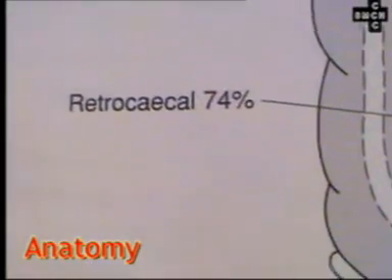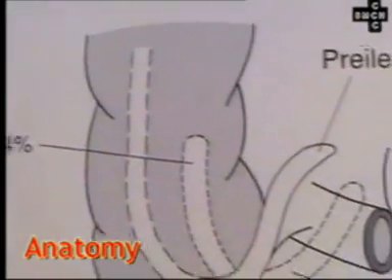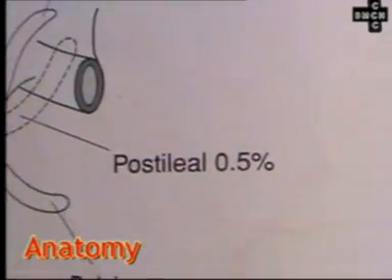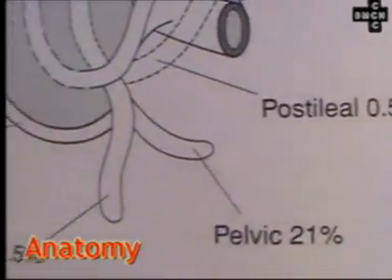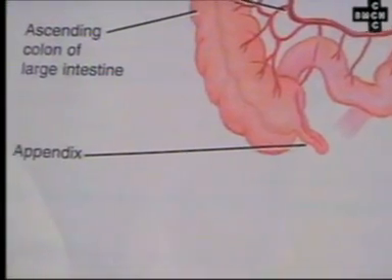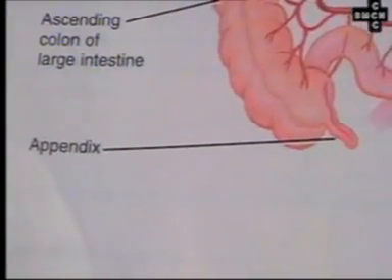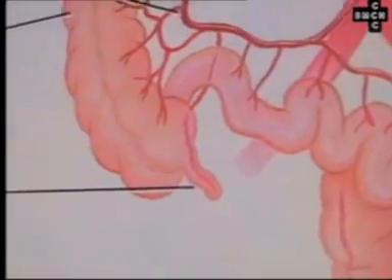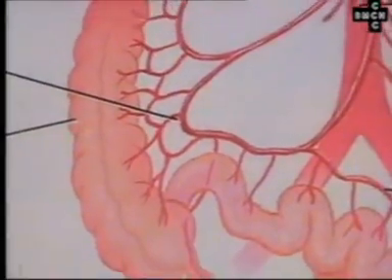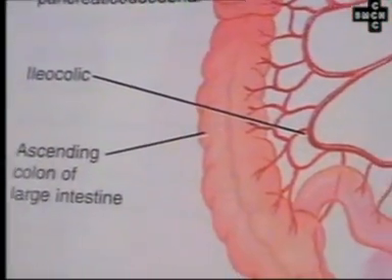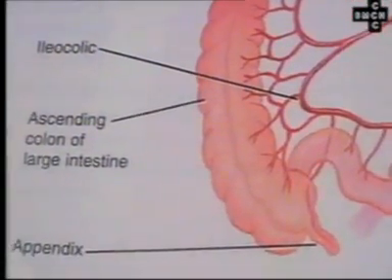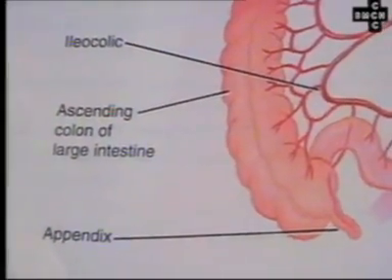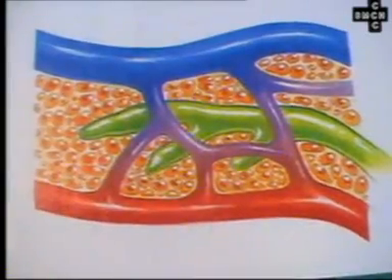The base of the appendix is found at the confluence of the three taenia coli of the cecum, which fuse to form the outer longitudinal coat of the appendix. The appendicular artery is a branch of the lower division of the ileocolic artery and is an end artery, the thrombosis of which can cause necrosis of the appendix. An accessory artery was described by an Indian called Sesachalam.